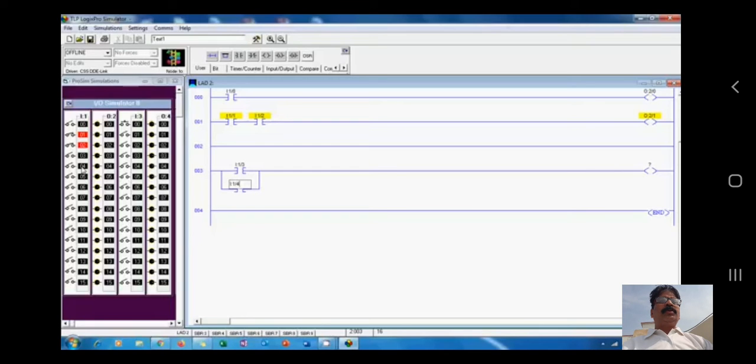The address to the output, I am taking the fourth one, that is O:2/3.